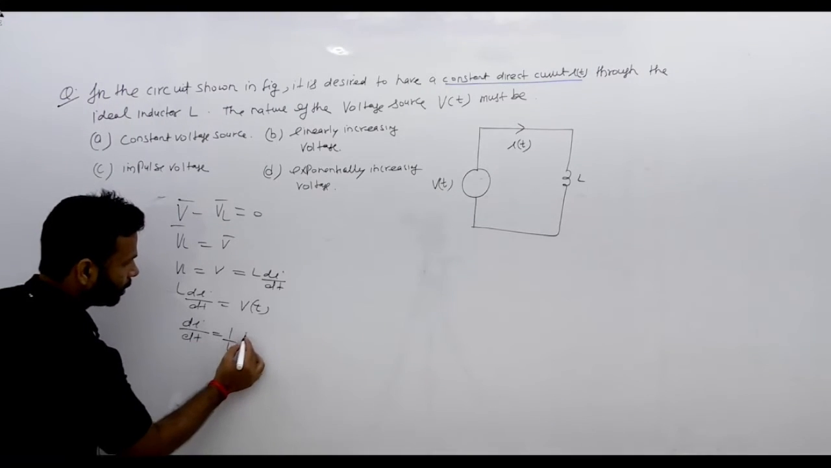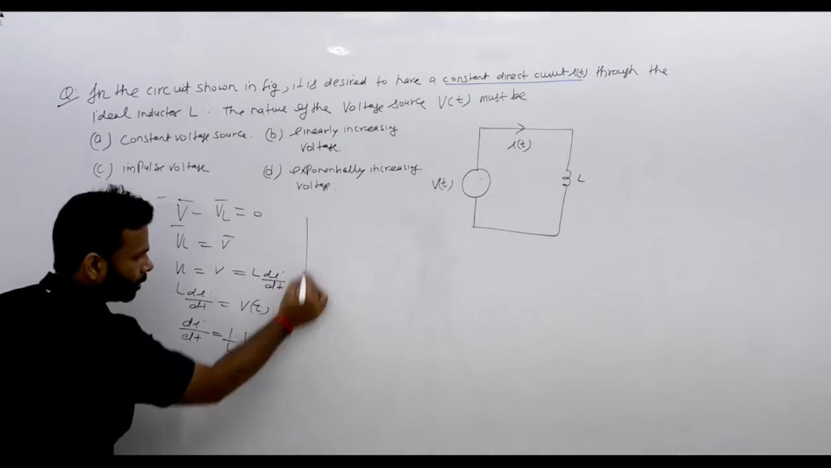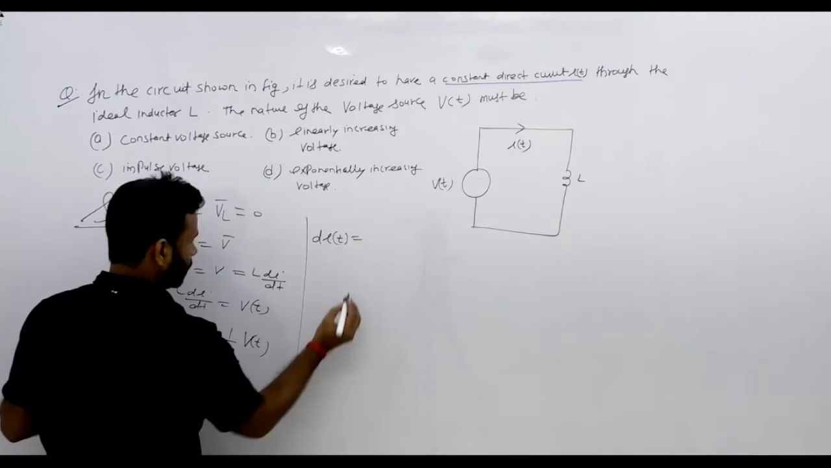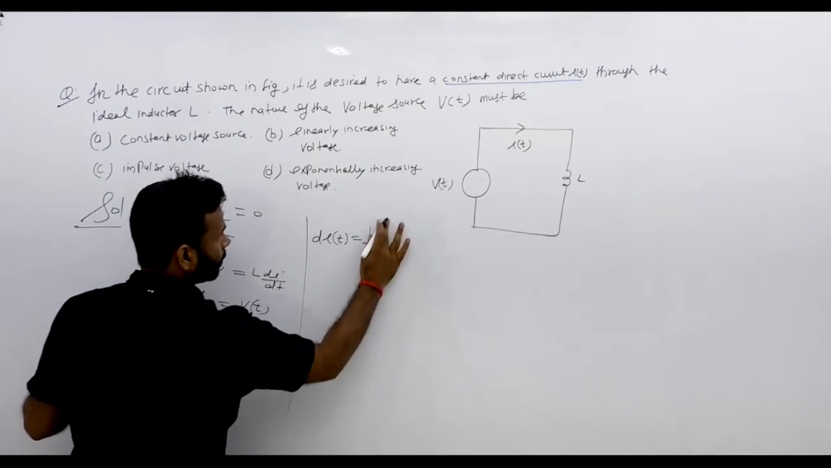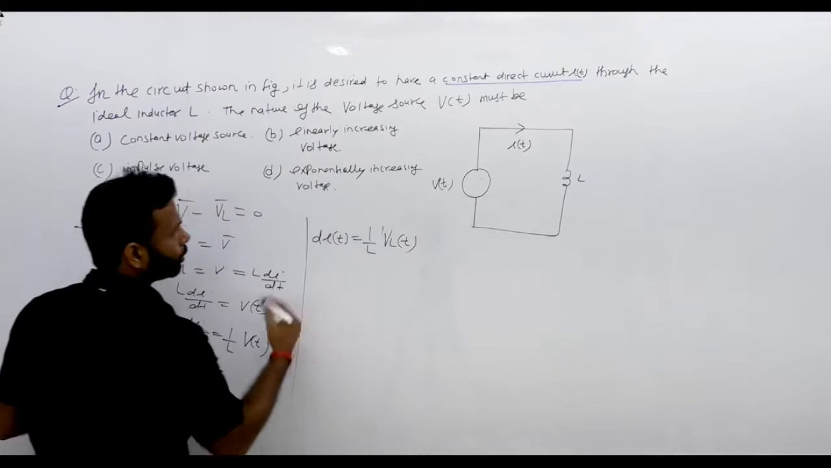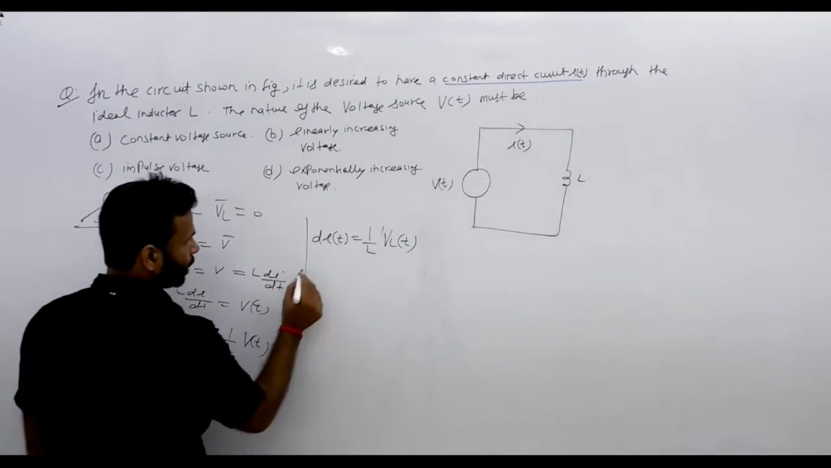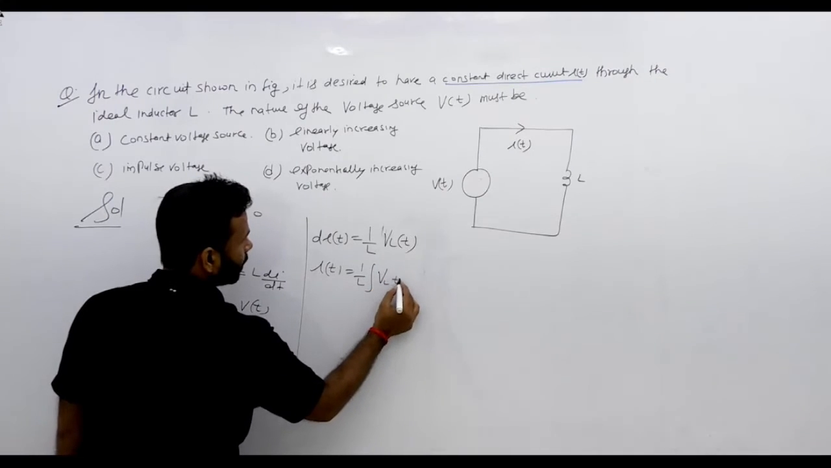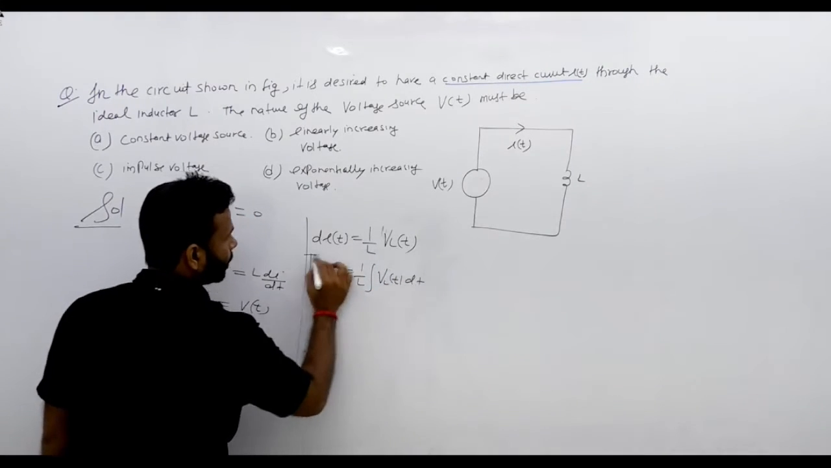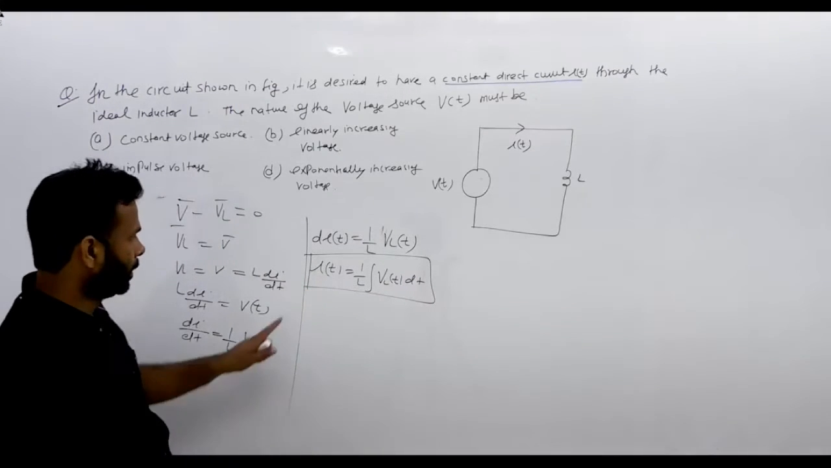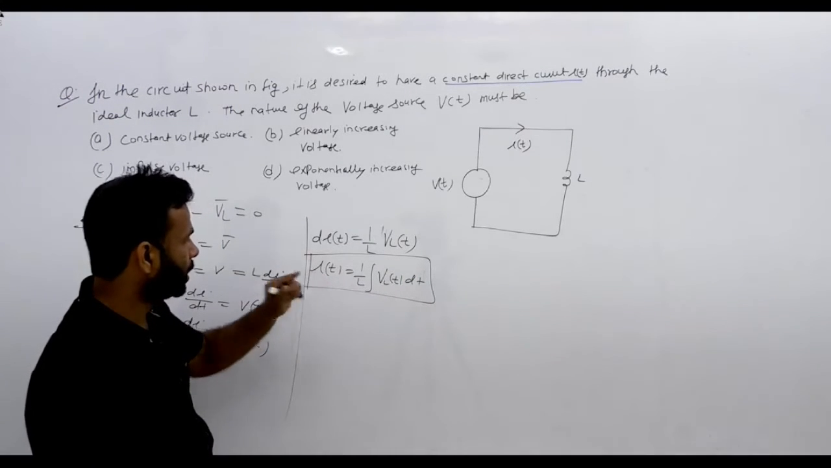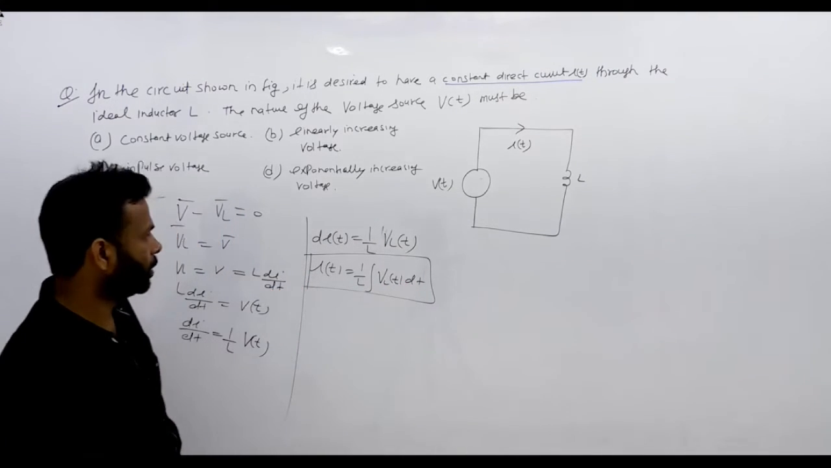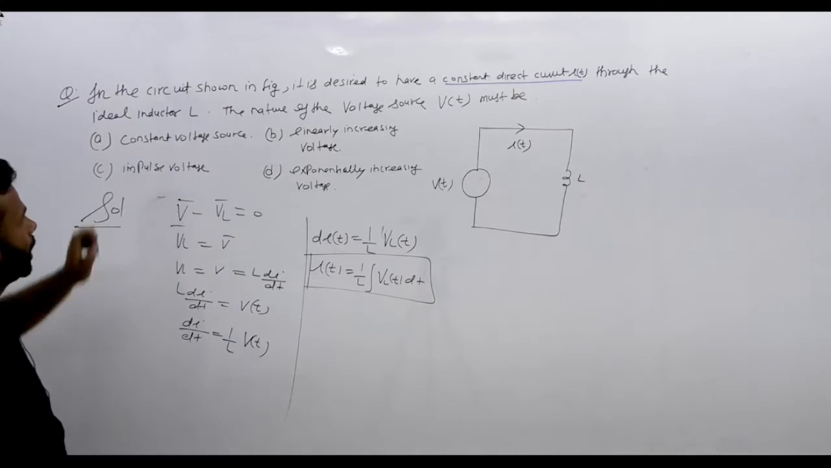So di by dt is equals to 1 by L VT. Now di of t is equals to 1 by L VL of t. Now integrate on both sides, अगर इंटीग्रेट करें दोनों तो क्या होगा, IT is equals to 1 by L integral VL(t) dt। ठीक है, अब हमें ये देखना है कि इंडक्टर के थ्रू जो करंट है वो कांस्टेंट हो जाए, यानी कि जो एक्सप्रेशन है ये कांस्टेंट आ जाए।